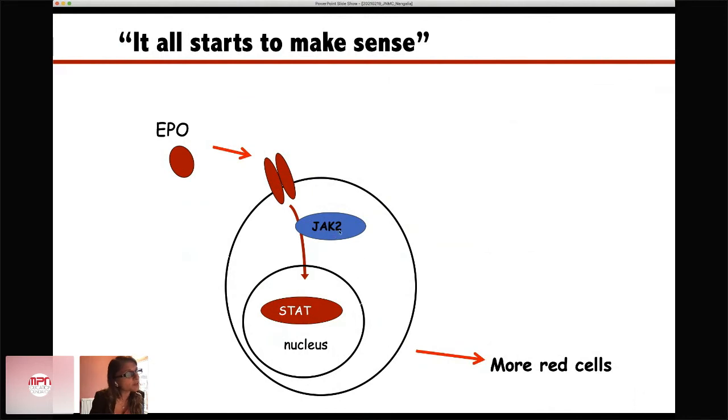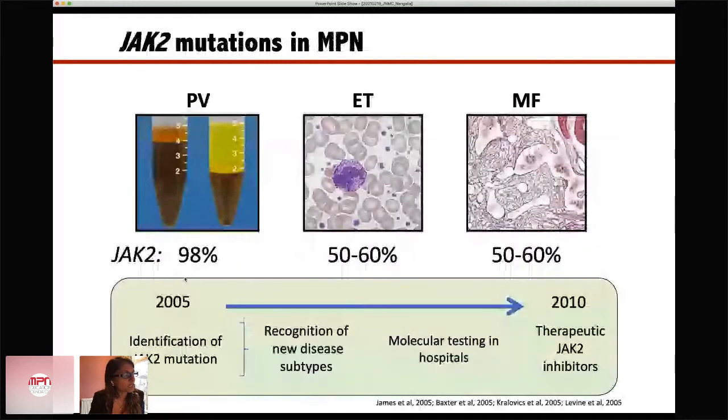But when JAK2 is permanently on, irrespective of how much EPO an individual has, the bone marrow is continually making more red cells, or it may be more platelets, whatever it is. So essentially we end up with a situation where with the JAK2 mutation, you end up having too many red cells. And the discovery of the JAK2 mutation back in 2005 actually revolutionized medicine, because it changed the way we